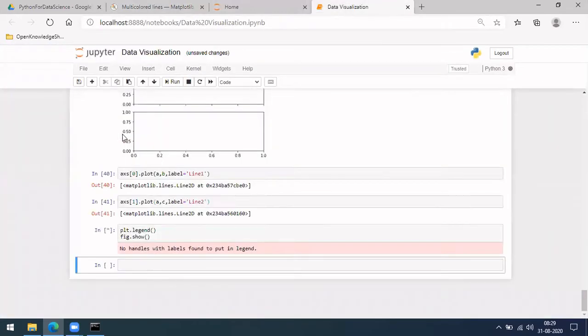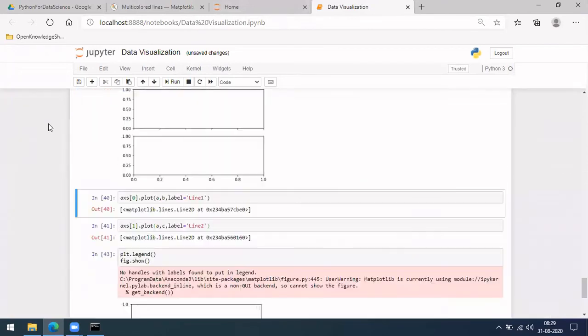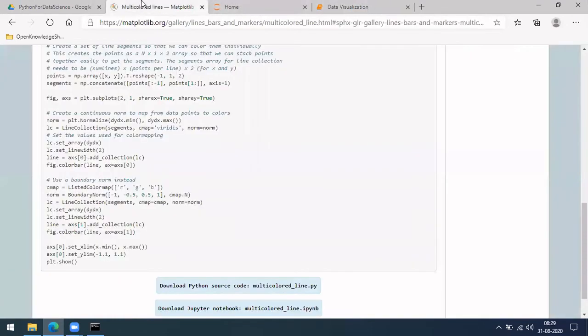What about fig dot show? Also did not give anything. So there is slightly a different syntax here. Where it is adding to the collection, you can see here line set array, and then it is adding to the collection. Fig dot colorbar. Okay, so this is a difference.